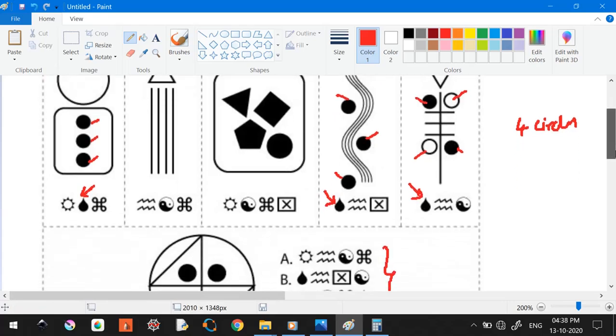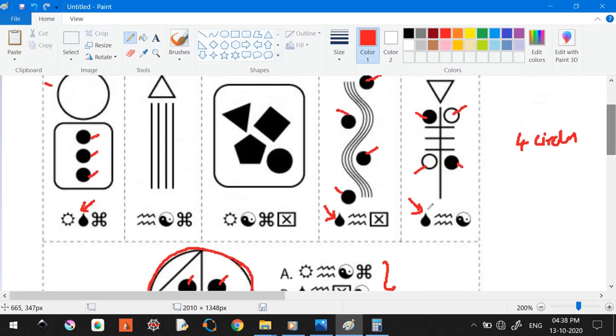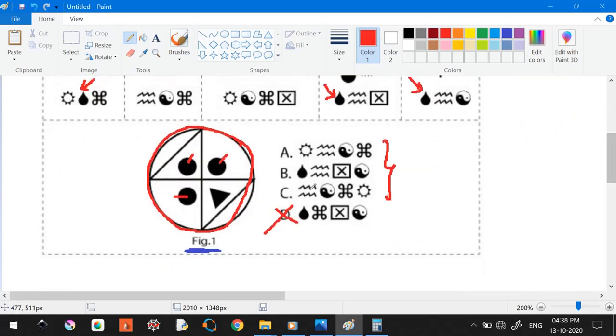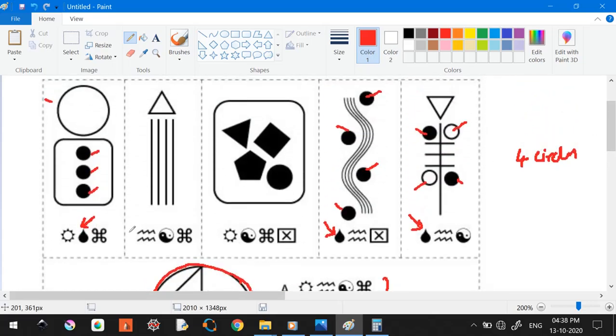So let's check that in the options. We have four circles here: 1, 2, 3. I have 3 here, and I have the fourth one also, outside. So this is also a circle, right? So yes, I should see a drop here. I hope you got the logic. Only this option is having the drop, so probably this should be the correct answer. You can check with other possibilities also, like the common relation between these two, because in these two only I am seeing this particular sun kind of structure.